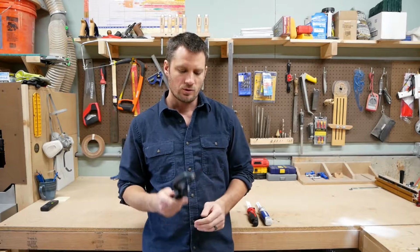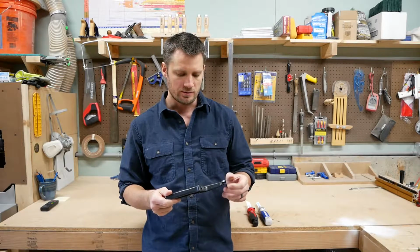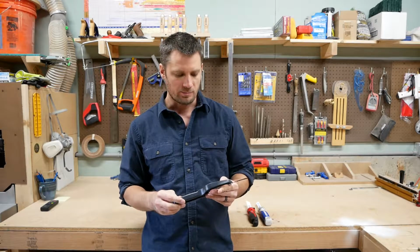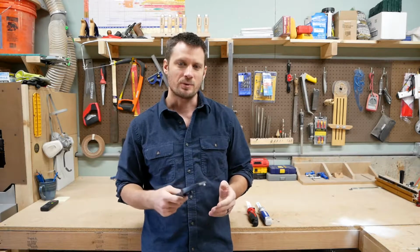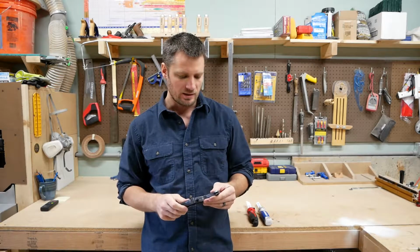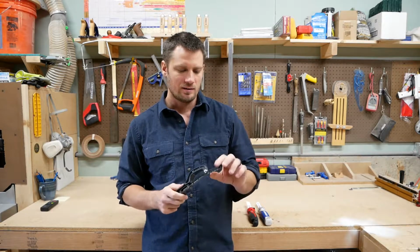Hey there. So I've been carrying around this little Stanley mini hacksaw. It takes little 10-inch blades. It's made out of plastic. It's kind of a piece of junk, but every once in a while I need to make a small little cut. So it has come in handy, but the other day I was using it and the blade was getting